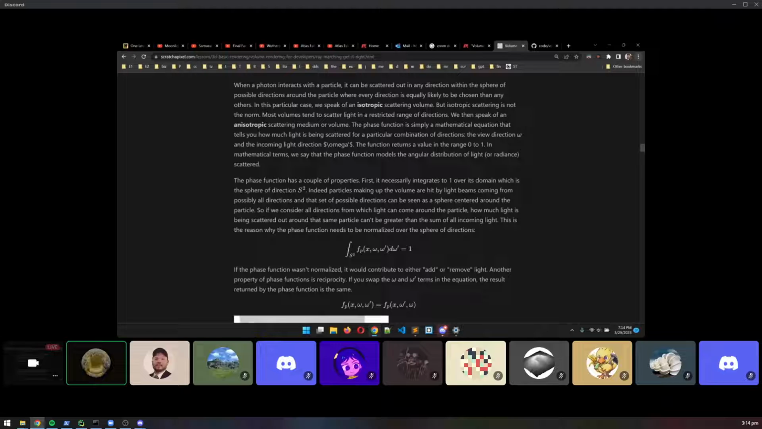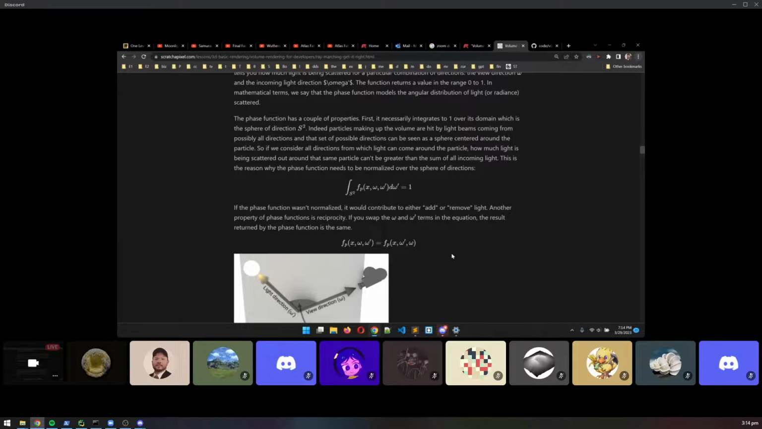So you swap omega and omega prime, the result should be the same. And it's the same with a lot of BRDF type functions. Okay, so